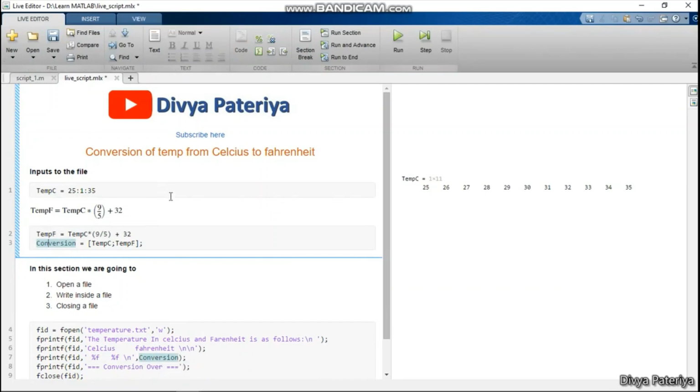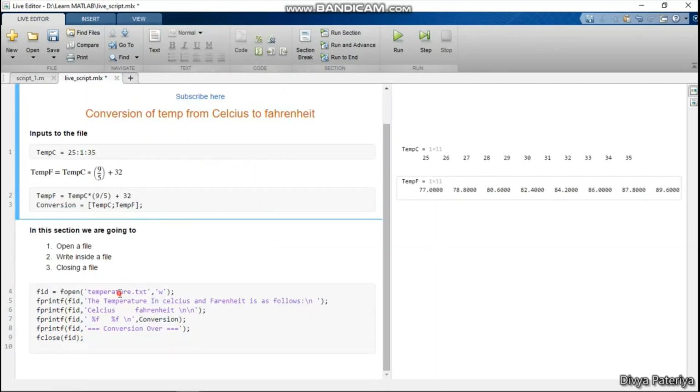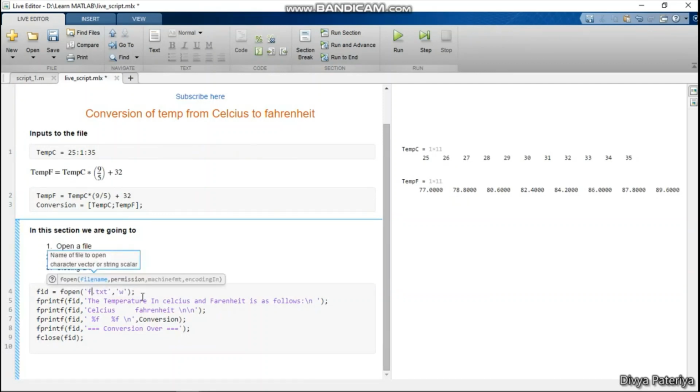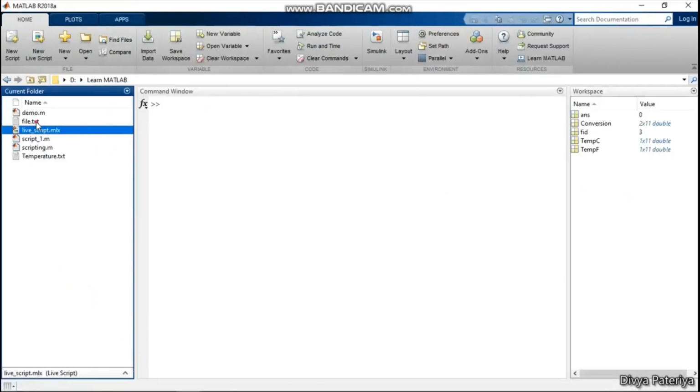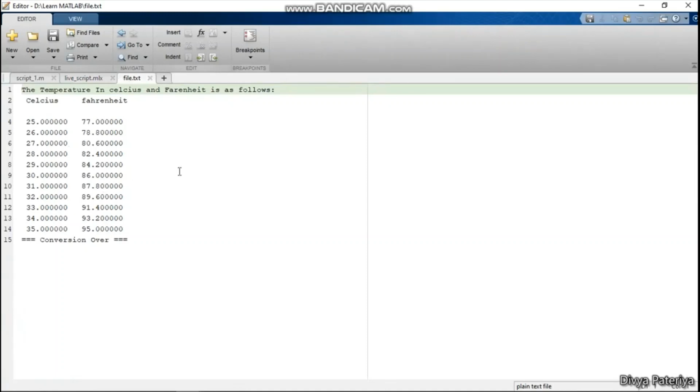Now as we can see, the sections are divided by this blue line. Because of this blue bar, we can know which section we are in. So if I click in this section, we can know that we are inside this section. Also, we will first change the name of the file in which we were printing out the output. So suppose I am naming the file file.txt, and now I will run it. As soon as I have run it, file.txt will be right there inside the current folder. I will go to my current folder, and we can see that file.txt is created inside the current folder. And now we have opened it, and we can see the elements have been printed inside the file.